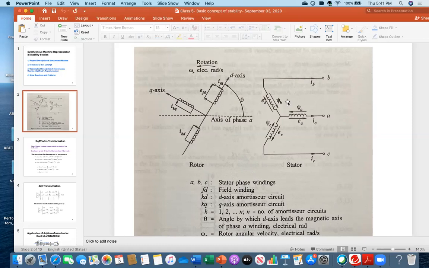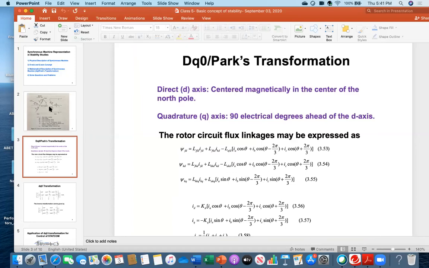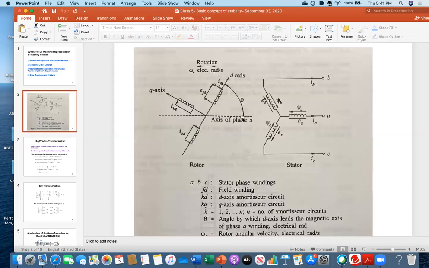So therefore the goal of this study is that we want to show the relationship of IA, IB, IC in terms of ID and IQ components. This means everything in the three-phase system, we want to convert those time domain or time dependent functions into time independent functions, and we want to represent only a two-axis system, which is D axis and Q axis. So now the question is, how is it possible and how can we do it? So therefore there are a lot of equations and you will be getting that. So the other thing before going to that, see the